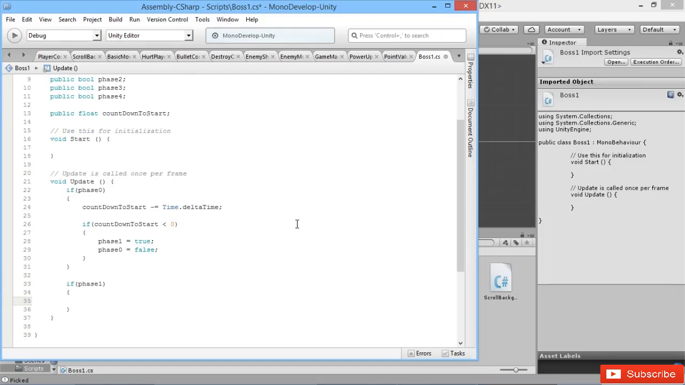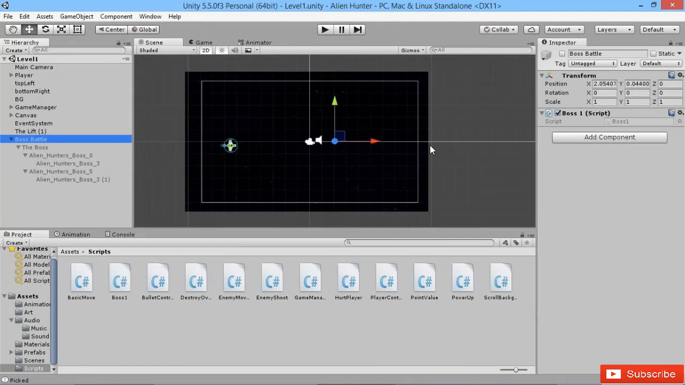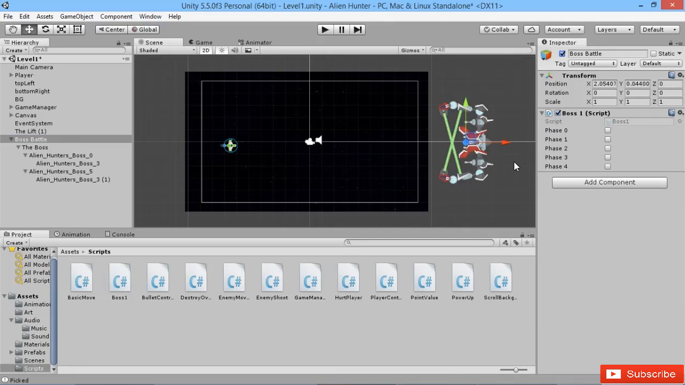So in phase 1 of our boss battle, we want to move our boss onto the screen. But let's have a think about what we're going to do before we do anything. So if we go back into the game here, I'm going to reactivate the boss battle on the screen so we can see what we're doing. Like this. Okay, so we've got our boss coming in, and once he gets into position, wherever that will be